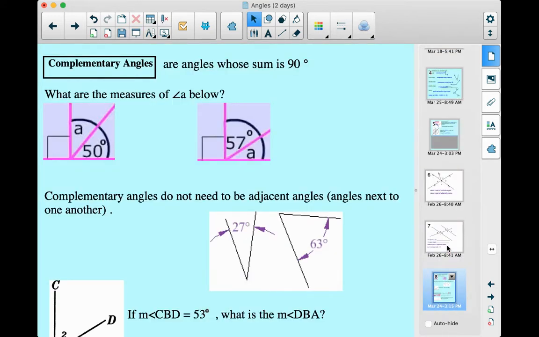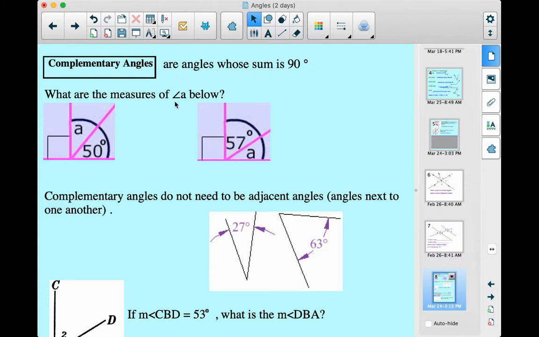All right, the next one we're going to fill in is the one that says complementary angles. Just like vertical and adjacent angles, complementary angles is a way of describing how two angles are related to each other. You wouldn't say an angle is complementary. That doesn't make sense. You would say two angles are complementary to each other. It describes how they're related. Complementary angles: the definition is angles whose sum is 90 degrees, or who add up to 90 degrees. Make sure you get